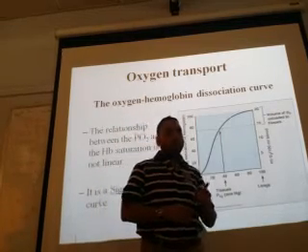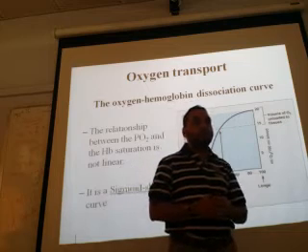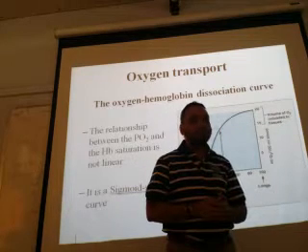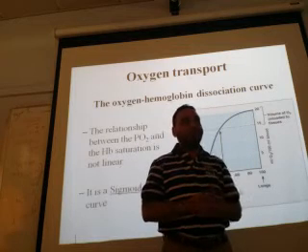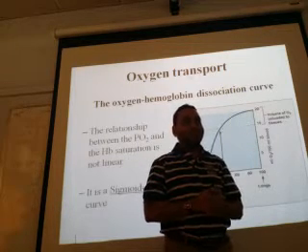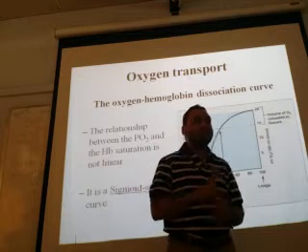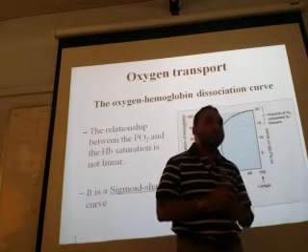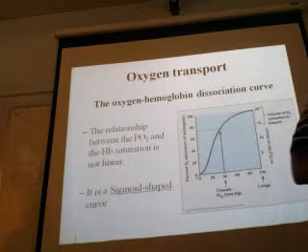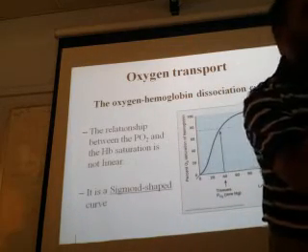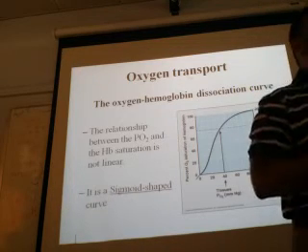Because more saturation. More saturation means what? More binding. But they said we don't have dissociation. This was not a simple question. So what is the question? Can you explain what is beneficial at the tissue level? We need dissociation. Shifting of the oxygen hemoglobin dissociation curve, to the right or to the left?